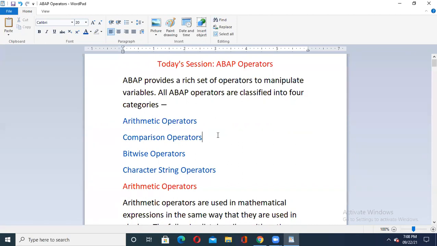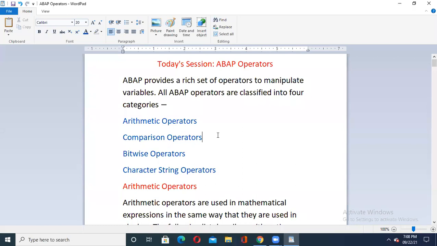Arithmetic and comparison, which means relational operators, but here the word comparison is used. Bitwise operators are like the logical operators we studied in C, such as and, or, not. The comparison operators are the relational operators.